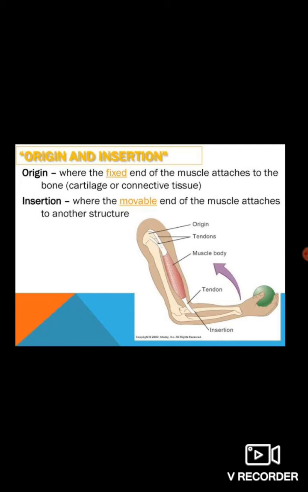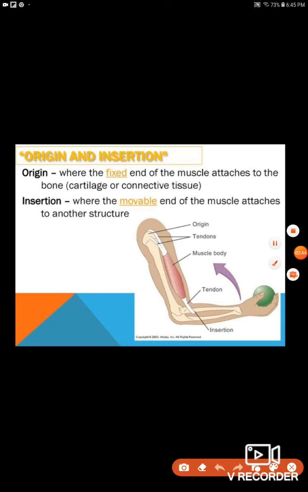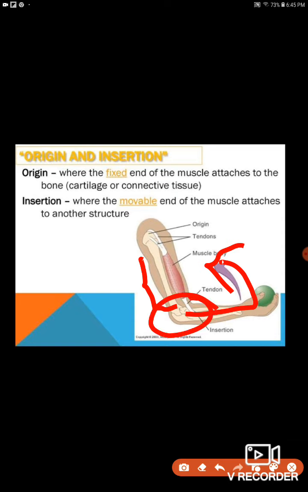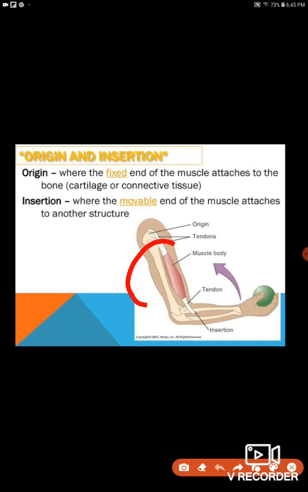When these muscles are stimulated, it means when the nerves tell them to contract or relax, the muscles will contract to become shorter. When this hand goes this side, the muscle becomes shorter and thicker, and thus it pulls the bone at the movable end. This bone will not move. Which will move? This bone will be moved. So which part of the muscle is useful for that? The movable end with the help of the tendon.